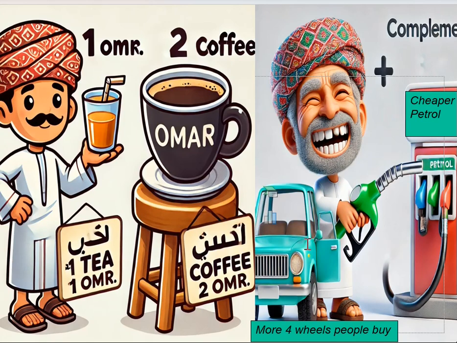And in the case of complementary goods, see here, when petrol is cheap, people will increase the demand for the car. They will buy more cars. Okay. So it's like pen and ink is also an example. So if petrol price is